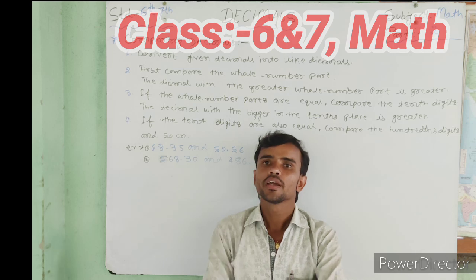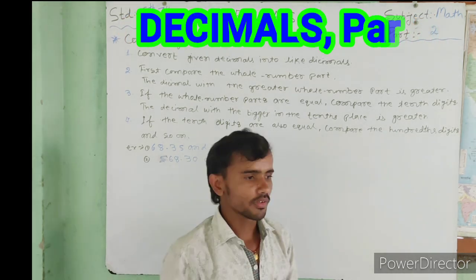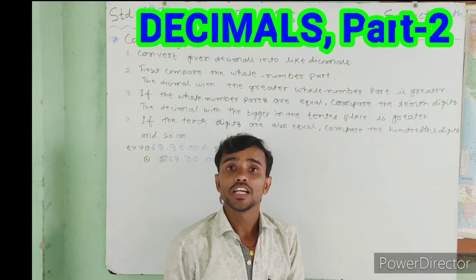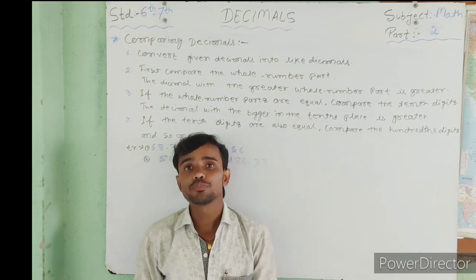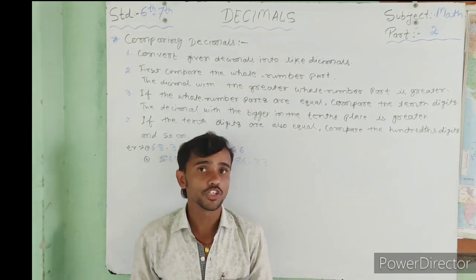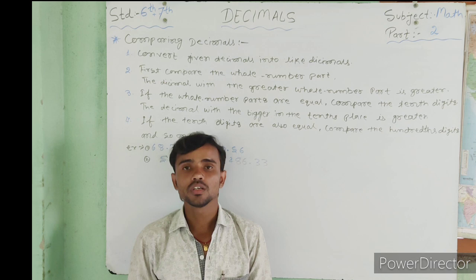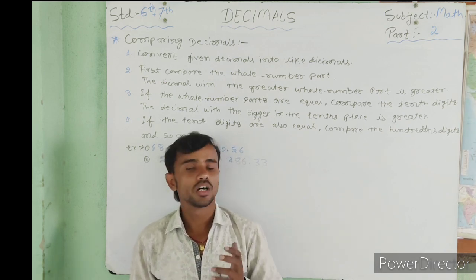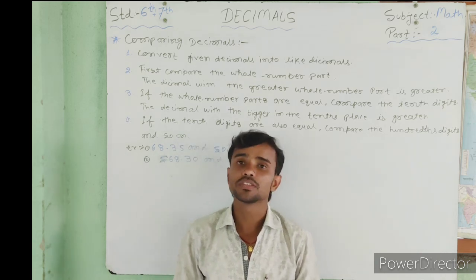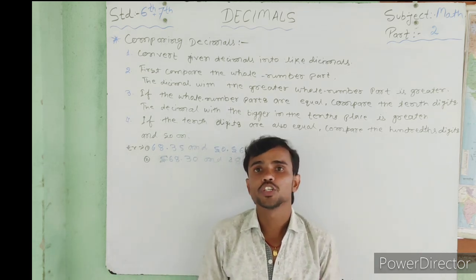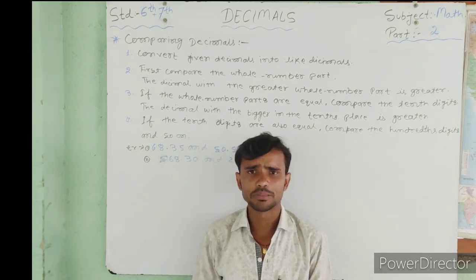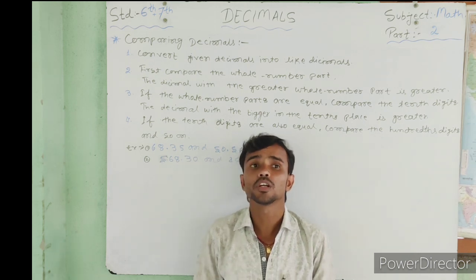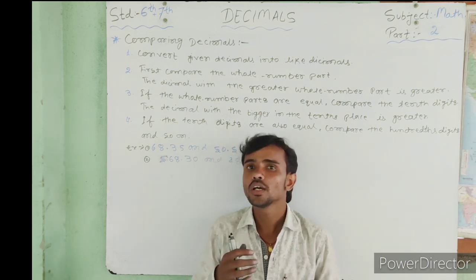My dear students, today I am going to teach you the class 6 and 7 decimal chapter. In this chapter, we have discussed decimals, parts of a decimal, converting decimals, places of decimals, like decimals and unlike decimals. Before this class we discussed some parts of decimals, and this is the second part of the decimal chapter. So in this chapter we complete all parts.